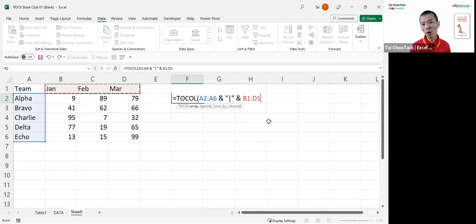Then I want to continue with ampersand, double quote, pipe, double quote. Now we are using the pipe vertical character to separate the data horizontally. So let's continue. Ampersand, and the remaining is the number. Okay, let's select all the numbers. As you can see, I'm selecting more than one cell for the formula. And after that, I will just press enter